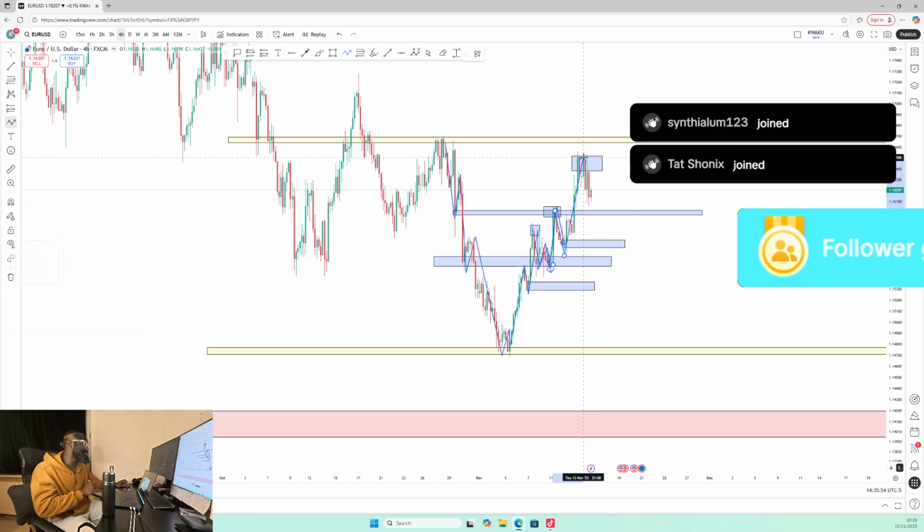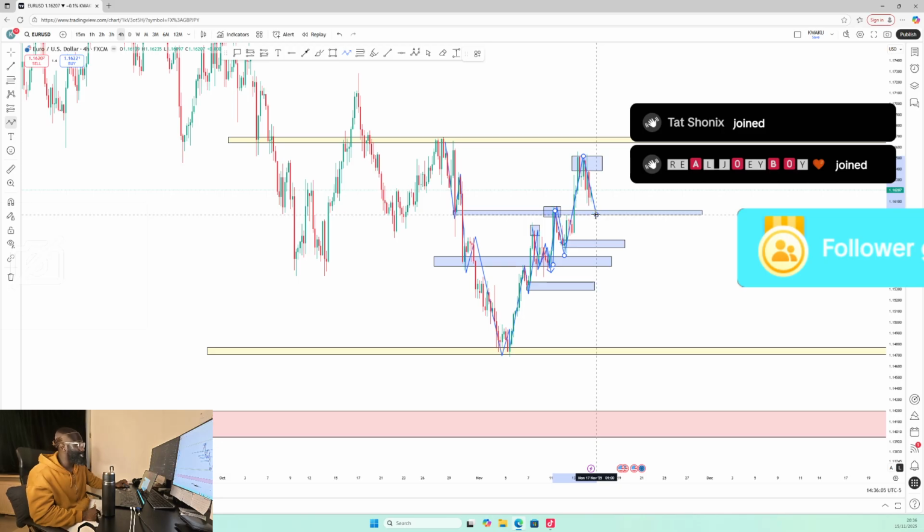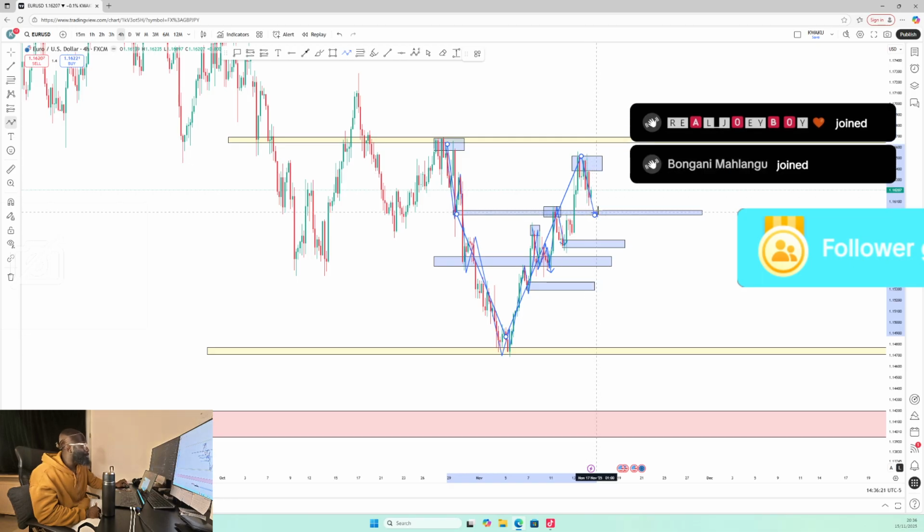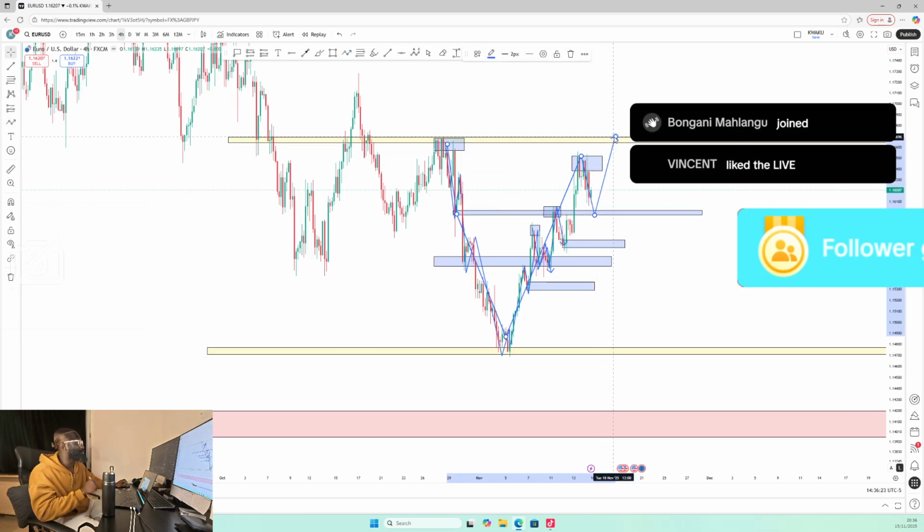The question is simple. Are we going to see price using it as support? If price manages to pull back to it and then fails to break it, that means we wait for our last confirmation for the buy opportunity to complete, because that support was formed because of this resistance here. So if this support has formed because of this resistance, that means that if price has used this uptrend to break above it and pull back to it, we are going to buy price back to its resistance where